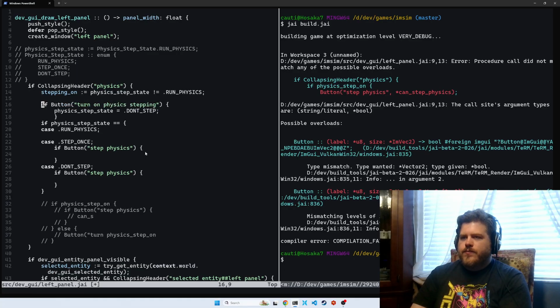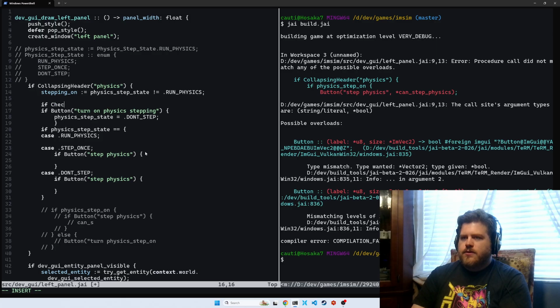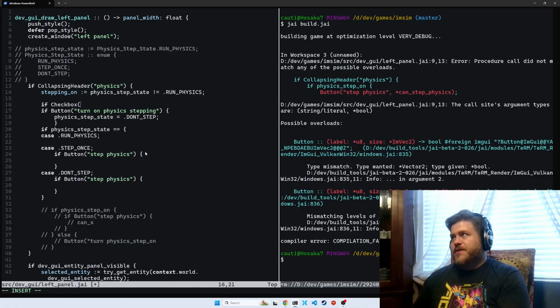And so if you click a checkbox that says you want stepping on, then it's going to just put it into don't step, and then you press a button, it's going to allow you to step forward, right? Okay, so